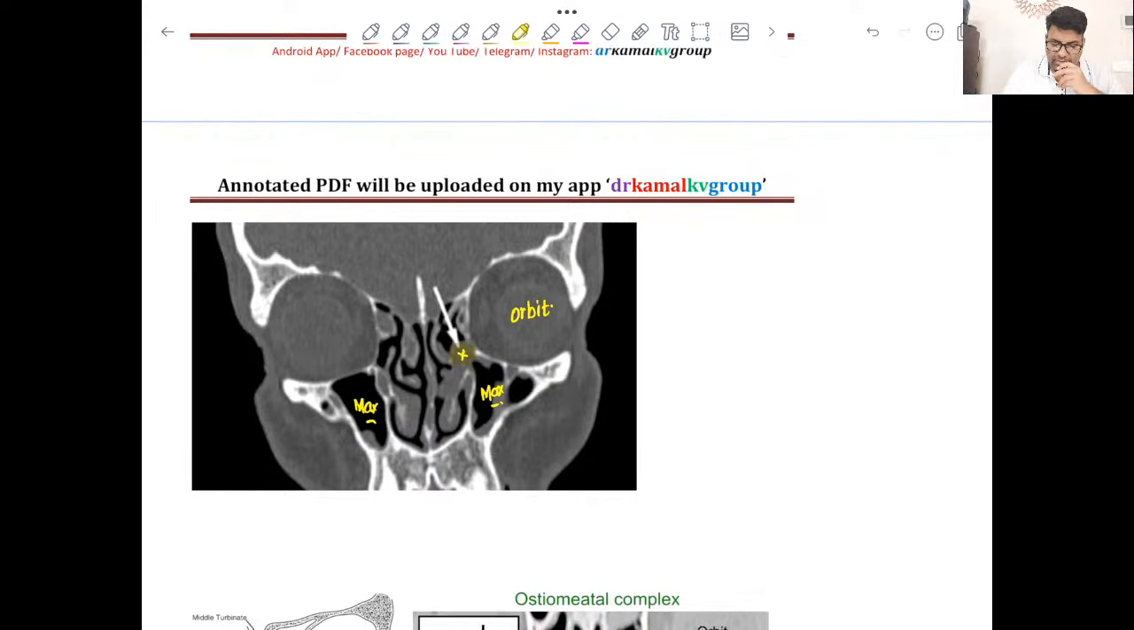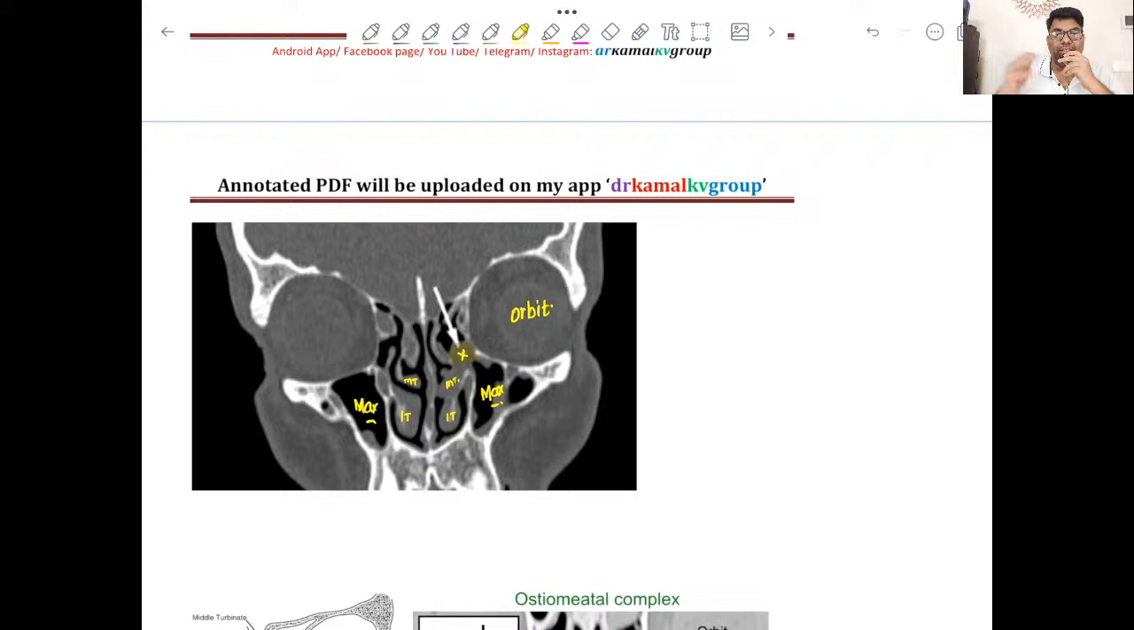On the lower side is the inferior turbinate. Okay, so this is the inferior turbinate, and as you go above, you will find the middle turbinate. Okay, so the middle turbinate, which is slightly distorted on this side, right? Now we know that below the middle turbinate there is the middle meatus, and in the middle